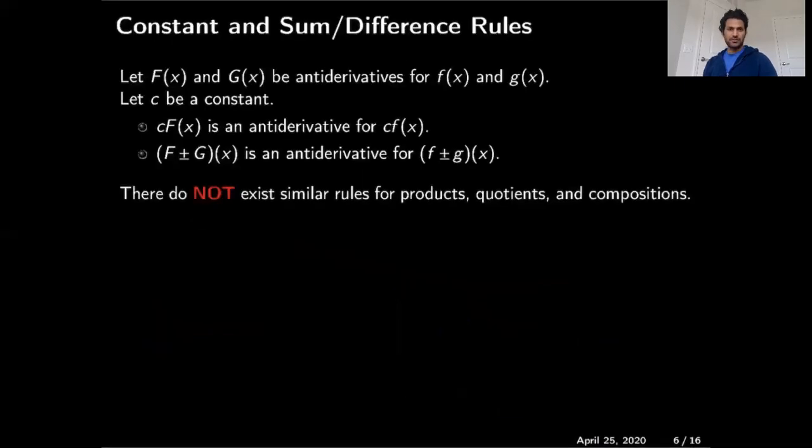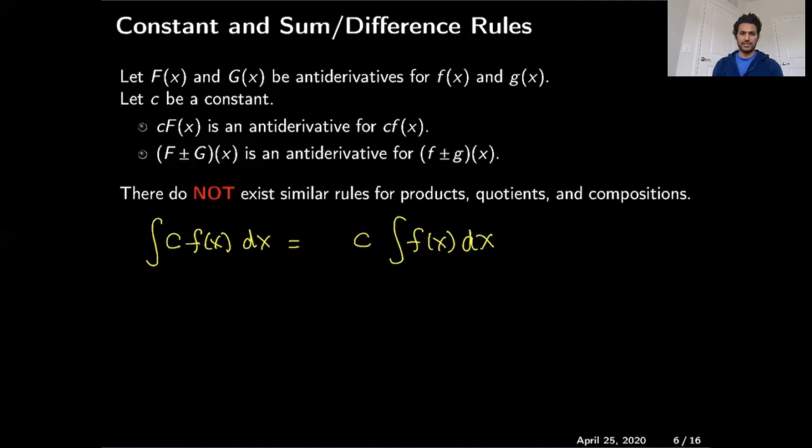Here is some information about the antiderivative. The first one is that if you have a constant inside the antiderivative notation, you can pull it out, because the constant multiple property holds for the derivative, and it will also hold for the antiderivative. For example, if you calculate the antiderivative of 5x dx, you can pull out the 5 and calculate the antiderivative of x dx only. So that will be basically 5 times